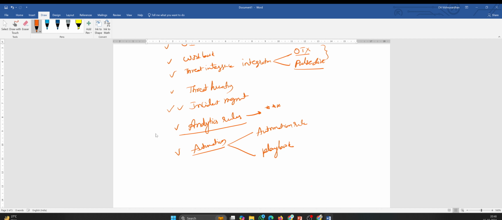In the analytics rules also, we have four: one is scheduled rules, one is NRT rules, one is Microsoft rules, and finally the fusion rule. These we are going to learn one by one: how to create a scheduled rule, how to create an NRT rule.